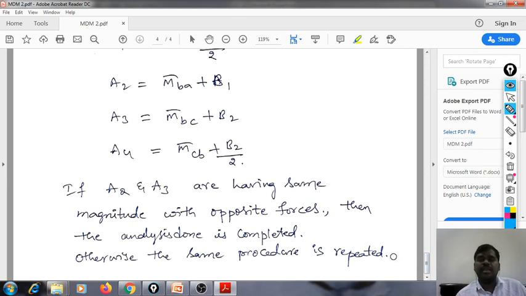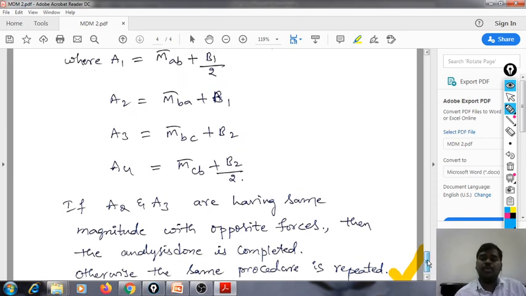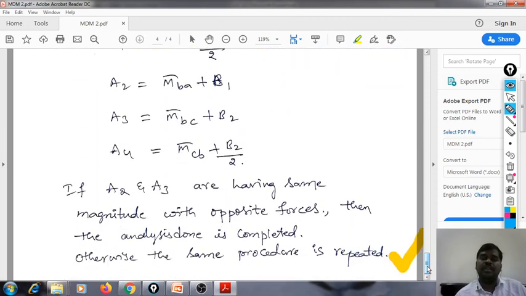So this is a very easy procedure, and it will be interesting if you complete more problems. If you just listen to it and leave it without practicing, you will be the first one to get confused. So I request all the students to practice these problems more and more, so that the analysis part will be easy in the moment distribution method. That's all regarding the procedure of moment distribution method and some important definitions.